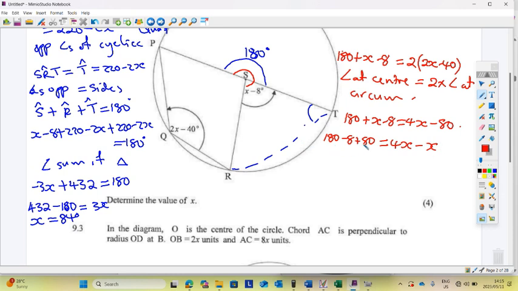So we have 180 plus 80, that is 260, minus 8, that is 252, is equal to, this gives us 3x, and then divide by 3, divide by 3, your x there is equal to